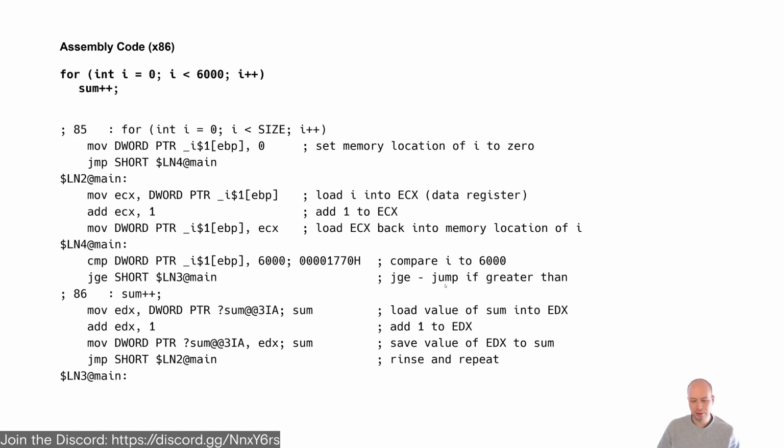Cool. So now we're here, and what we're doing is comparing i to 6000. The way we do that, you can see, is we use this assembly instruction called compare, CMP. It's looking at the value 6000 and the value found in the memory location of i. And keep in mind, and this goes into computer architecture a bit, all we're doing is setting operands for what is then an ALU, or arithmetic logic unit,